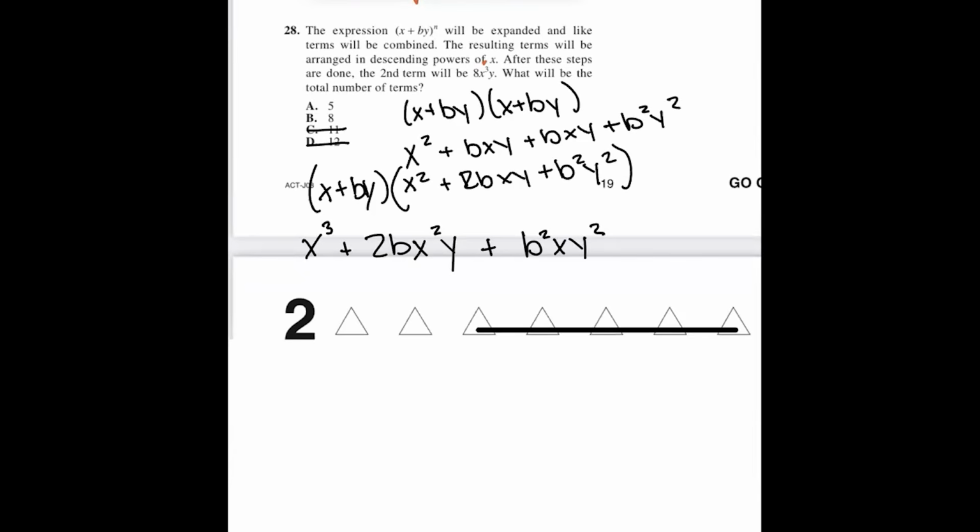And then you would do it with the other terms. So that would be x squared by plus 2b squared xy squared. And this stuff is super tedious. Plus b cubed y cubed. So if you go ahead and look for like terms on this one,